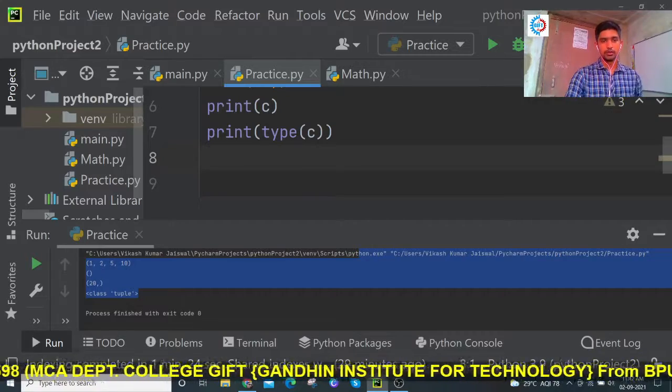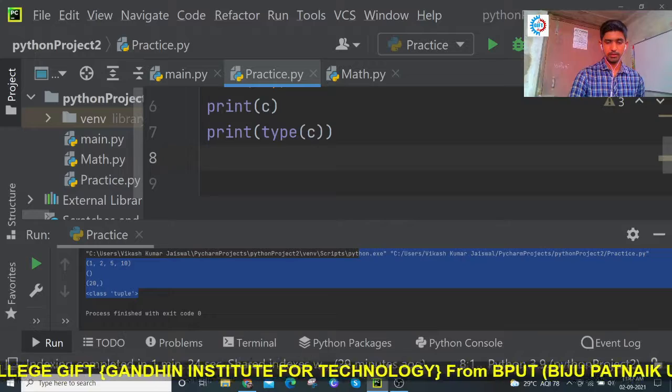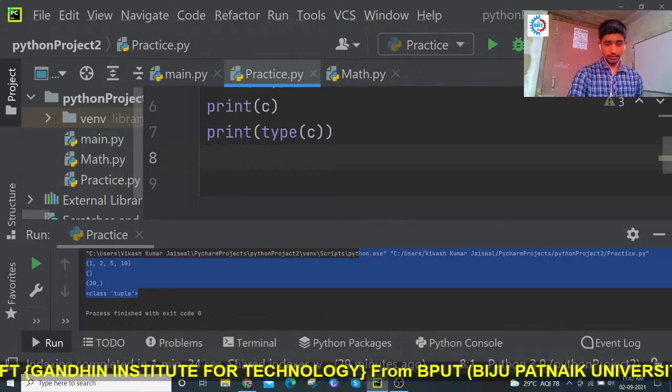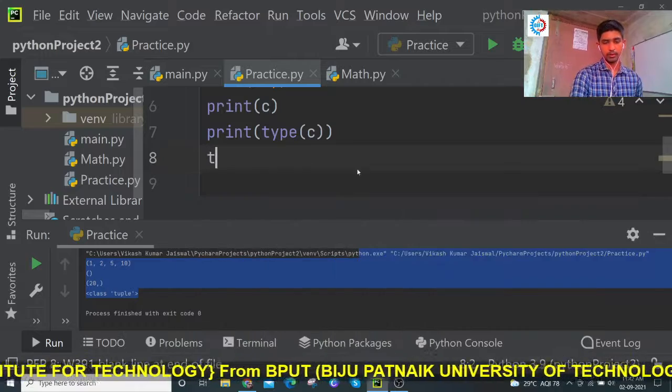Okay, so let me create one more tuple. I have created a tuple t.